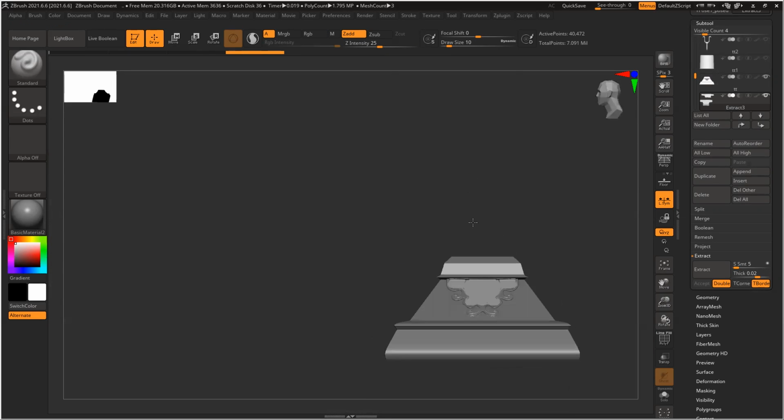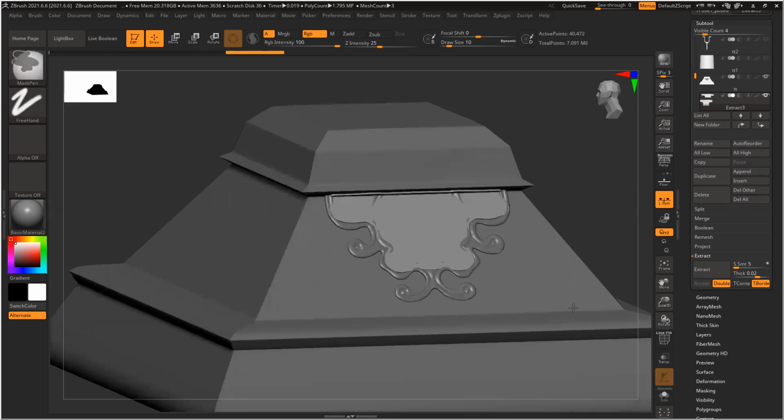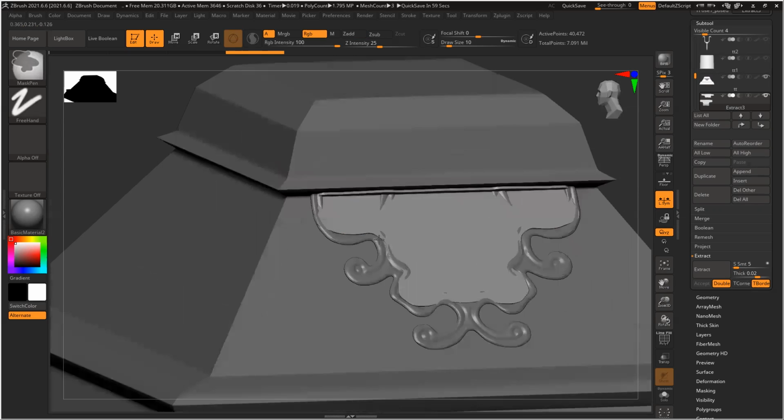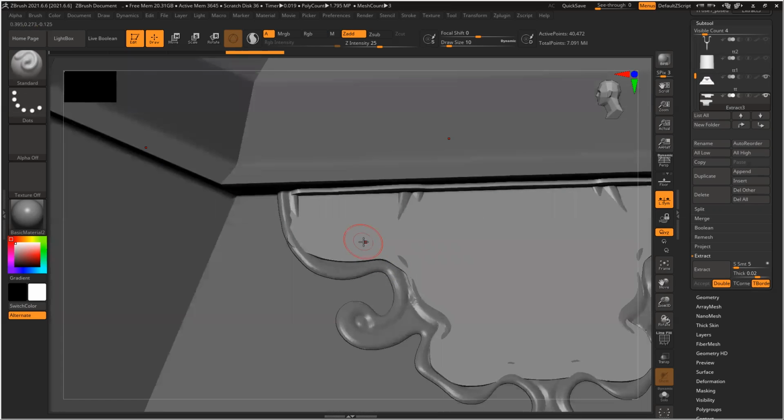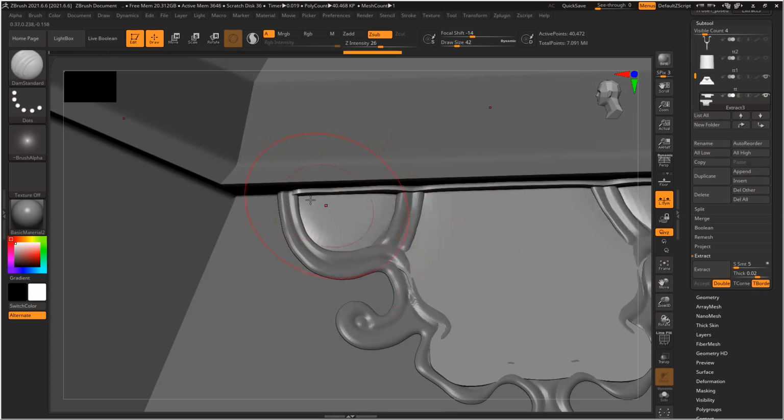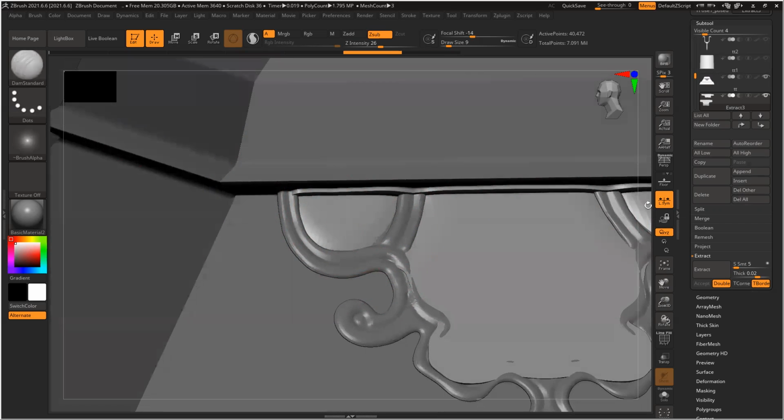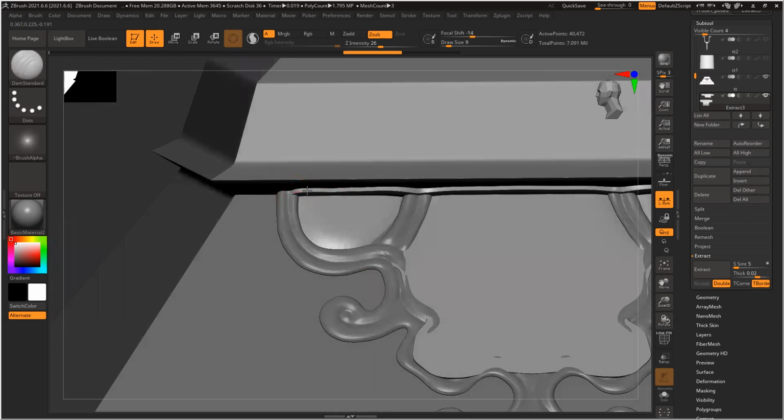Now, what I'll do is I'll just push this thing inside. BDS. Either I can use Dam Standard and push everything inside. I can do that. This thickness is because of the mask.